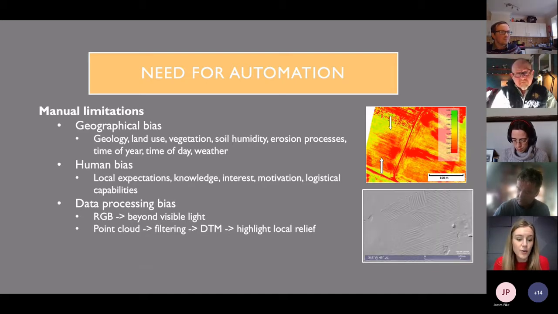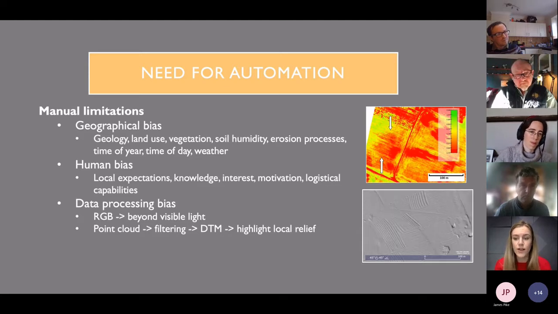So just another one here is the data processing bias that was also already discussed in the previous talk. So there is the infrared light. As humans, we can only see the visual spectra, which is the red, green, and blue. But there is the infrared, which holds more information that maybe we can capture. And a lot of satellite images are able to capture that, even in up to 16 bands of different infrared, ultraviolet, and go beyond.